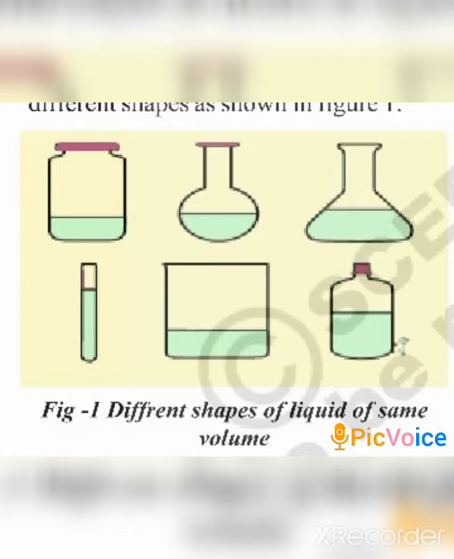By this activity, we have understood that whether it is 100 ml of water or 100 ml of petrol, both will occupy the same amount of space. It means the volume of water and the volume of petrol is similar. But the water changes its shape according to the container. So the water doesn't have a definite shape. It doesn't have a particular shape.